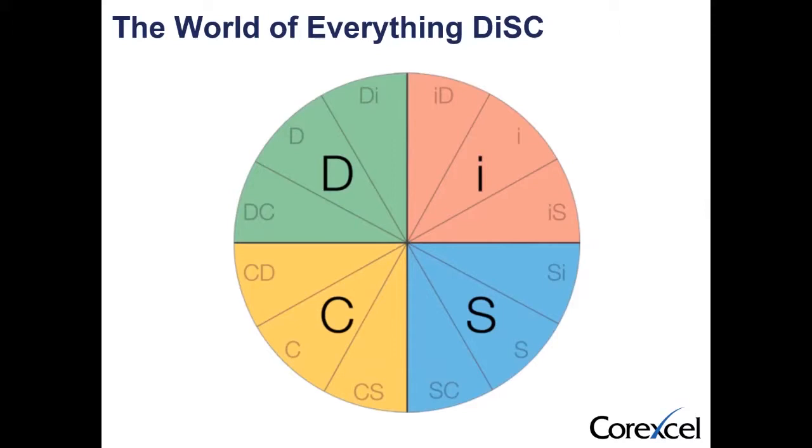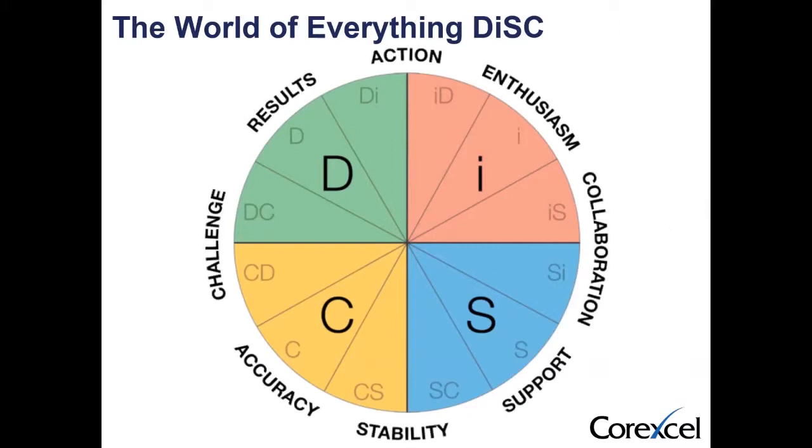All the Everything DISC programs are based on the same quadrants. So you'll see there are 4: D, i, S, and C. In addition, there are 8 scales. You see the scales in words on the outside of the circumference here, and it starts with action at the top and goes the whole way around the circumference to results. You'll also notice that there are 12 different styles. Each quadrant has 3 styles within it.